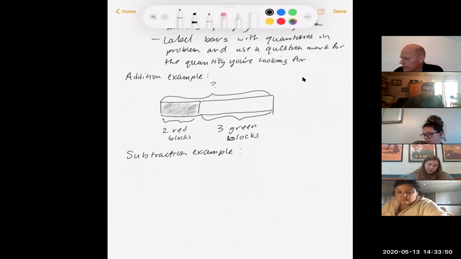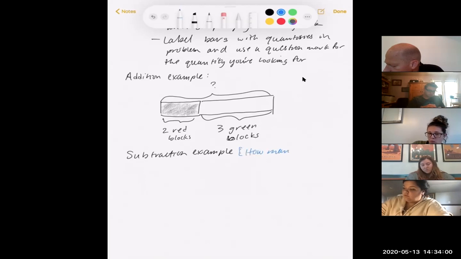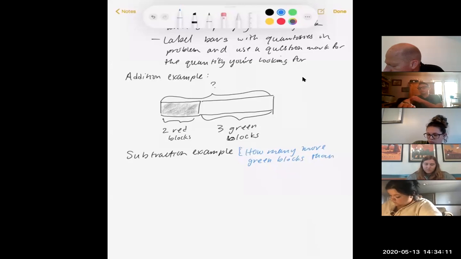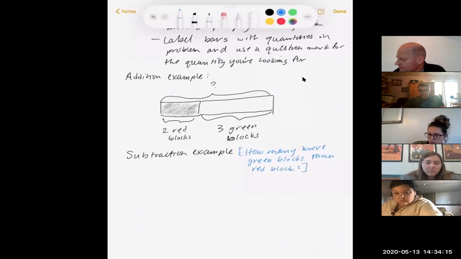Okay. Subtraction is, let's say that I wanted to know how many more green blocks I have than red blocks. Okay, that's going to be a subtraction type idea. Okay. We're looking for the difference. Okay. And so the subtraction example with the bar model,